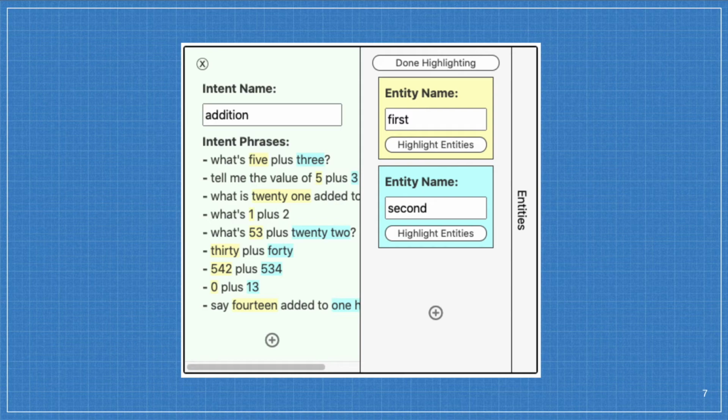Here, you can see that the intent phrases are many ways that a user might ask CONVO to add together 2 numbers. And on the right-hand side, we can highlight the entities in these intent phrases, which are all the numbers that are being added together. The final main task of implementation was to create a way to train CONVO to recognize intents and extract necessary information through entities. We did this by augmenting CONVO's existing conversational programming abilities with a way to connect intents with procedures. Once an intent was connected to a procedure, anytime that intent was recognized, CONVO would run the corresponding procedure.